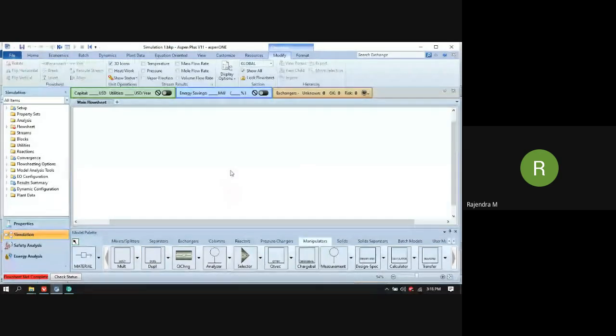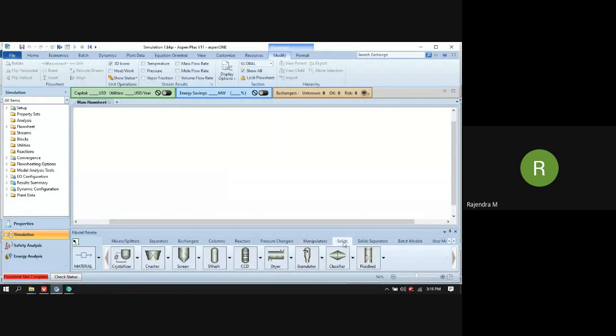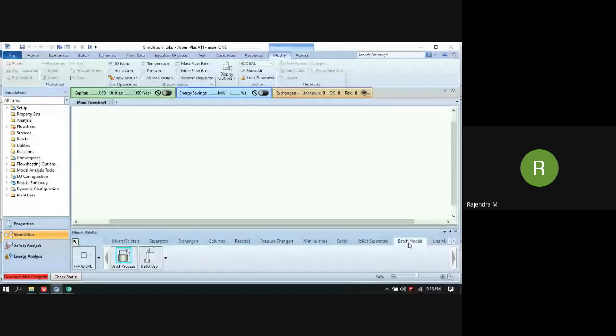We can duplicate it by using this duplicate tab. Okay. Then there are solid operations. Then solid separators are there. Batch models are there, like batch distillation, batch crystallizer, and user models also you can specify.